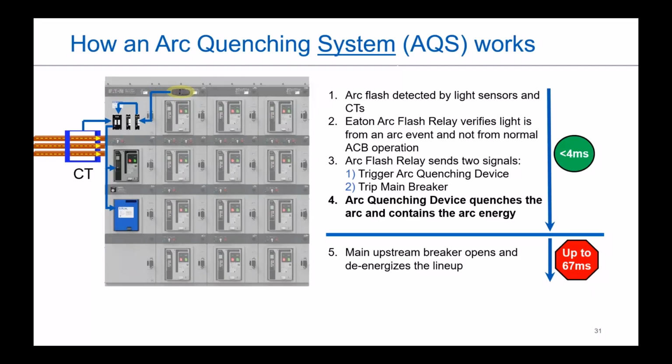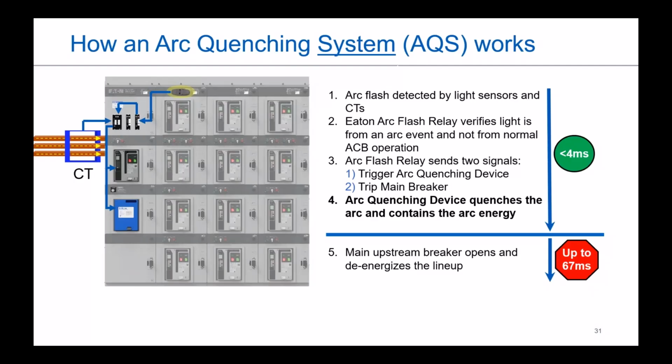It's important, and I'll highlight, that we say both light sensors and CTs, because that's how you avoid nuisance tripping. It's not just the light detection, it's also the inrushing current. There's also a blocking signal from your breaker, just to make sure the light you're seeing isn't actually the breaker. Like if you had an overload on a long time delay that your breaker's picked up, it's now opening, so you do have higher than normal current. That would be detected by your CTs. So you still want that blocking signal going from the breaker that says, hey, I've got this, we don't need you to operate, this is a controlled situation.